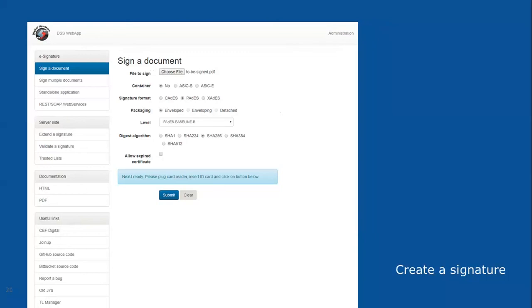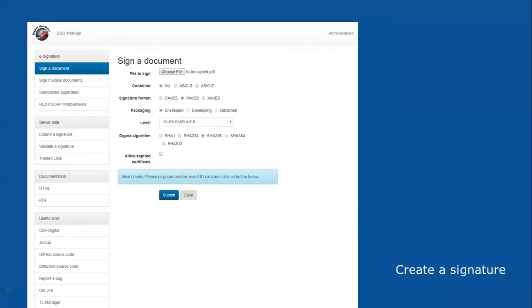You need the demo itself, web-based. You need a tool to connect the smart card. Here we use NexU, an open source agent that runs on a laptop, for instance, and connects the smart card to the website. And not to forget, you need the middleware of the smart card properly installed on your laptop.